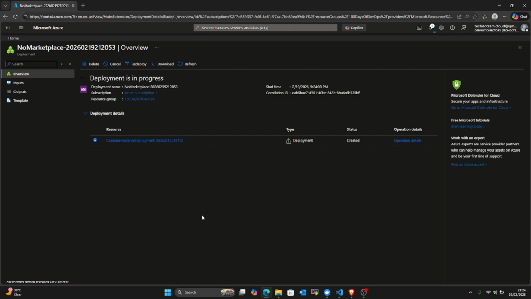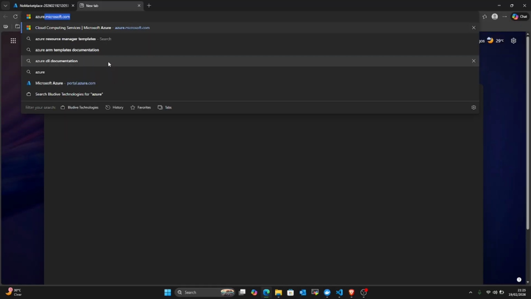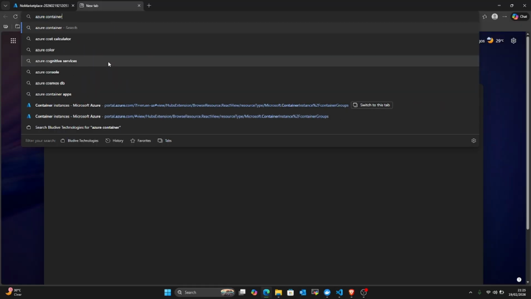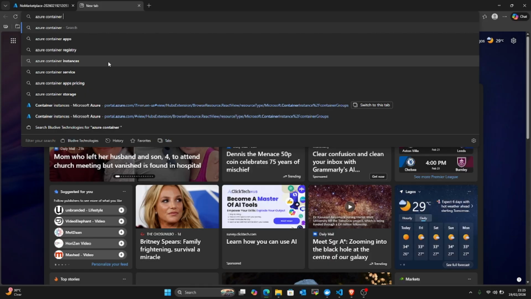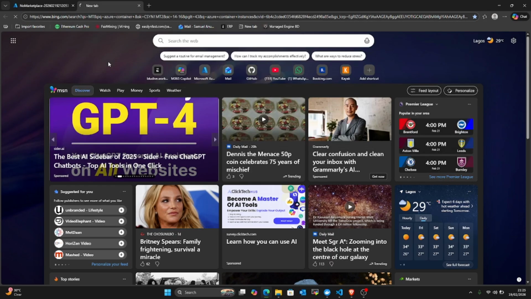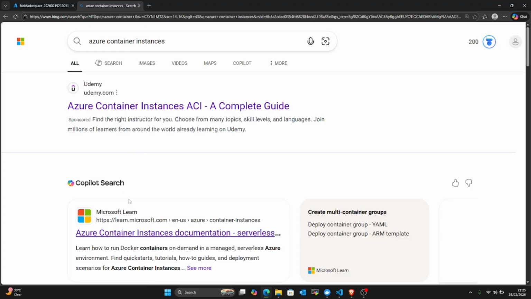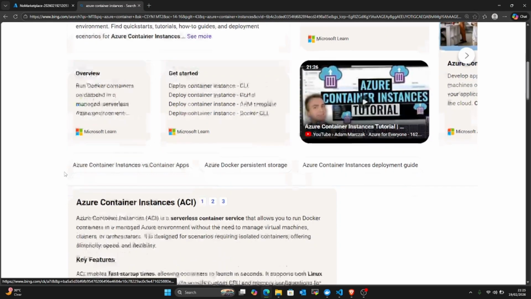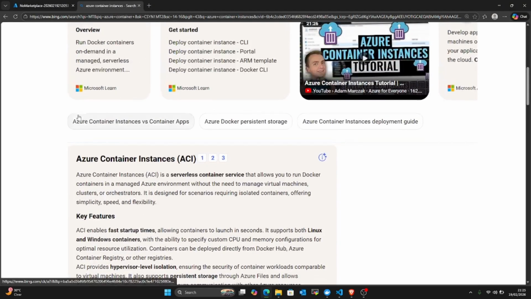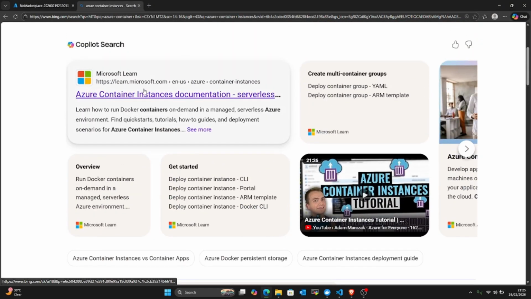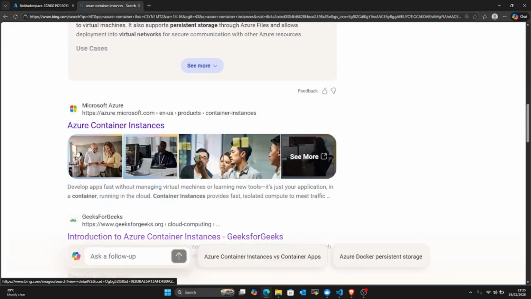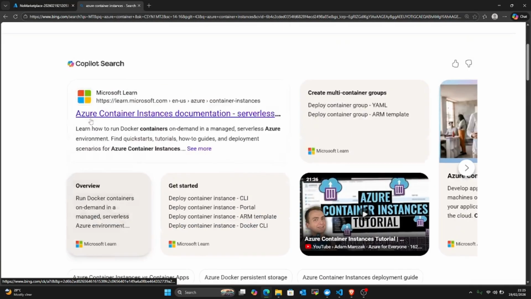Yeah. So if you want to read more on containers, container instances, and all of that, you can come and search for Azure Container Instance. You can just do Azure Container. There's container apps, there's container registry, concept, container instances. So once you click on it, you just come here and you choose the first one. This is documentation. You can either come to the documentation, or you can come to any one of your choice. So you click on it, and